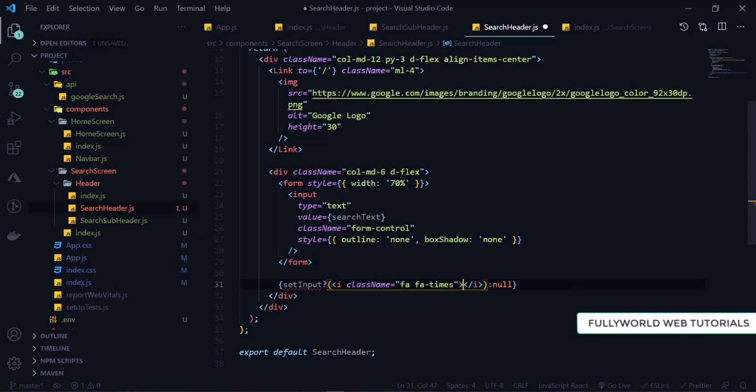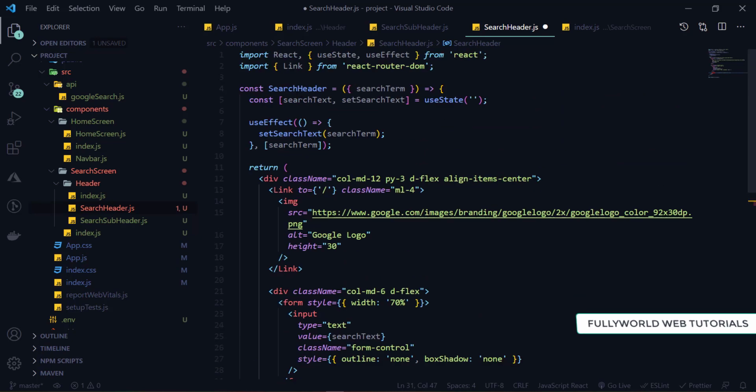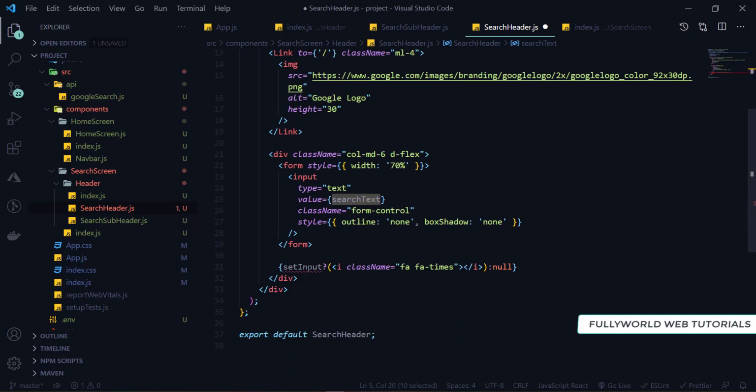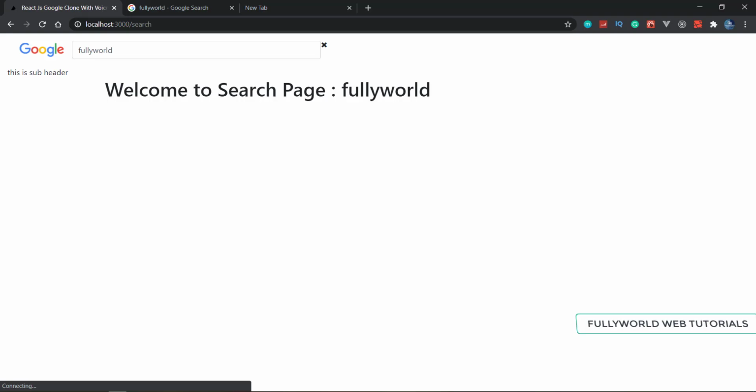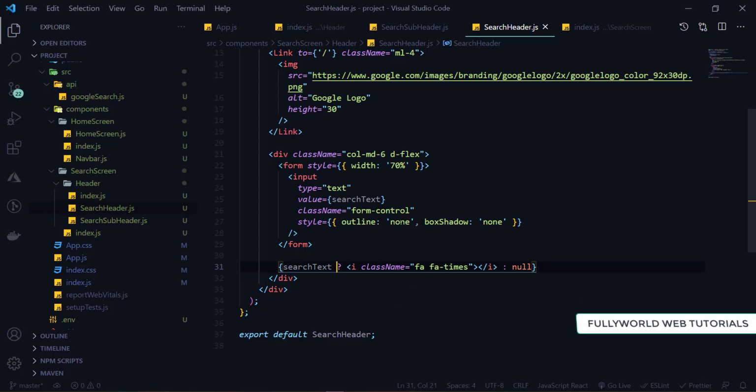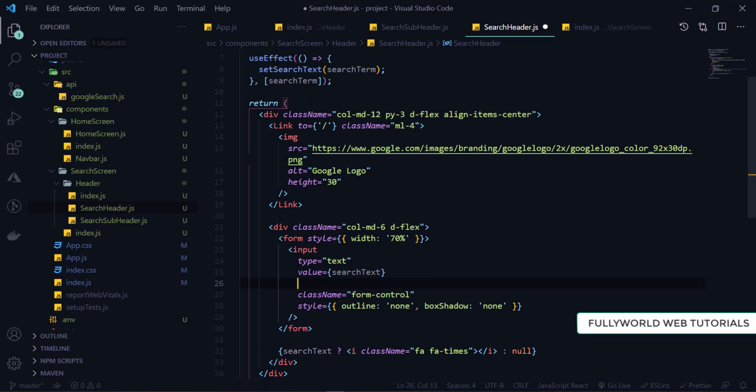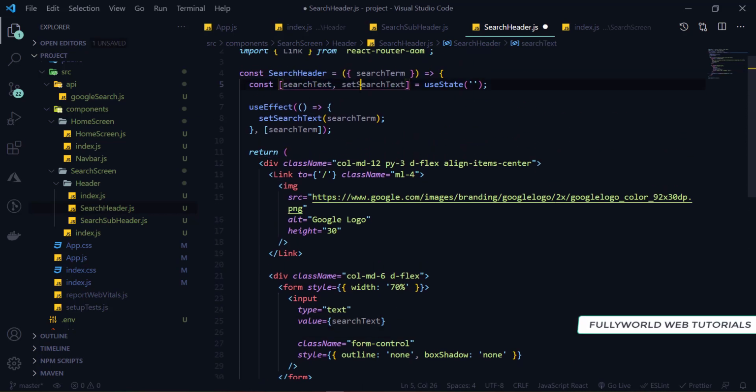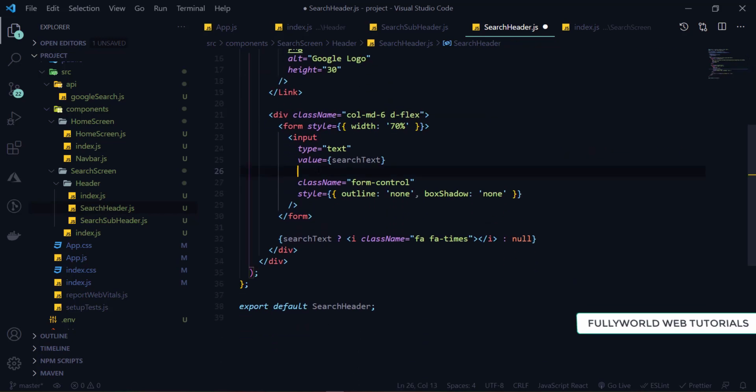So when I remove the search text, actually search text is also not removing because it depends upon this, because we have mentioned our value here but we haven't set our this value here. On change we have to do. So here I'm going to write on change, and here will be e, the event. It will fire one event here. Then we will set our search text to event dot target, so it will target this input tag, and we want its value here. Save this, and now I think we can change it.